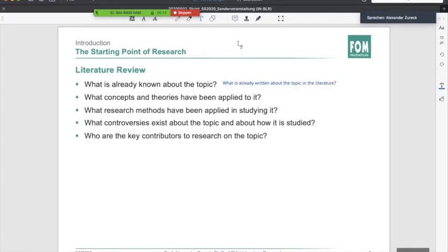Therefore, you have to check on the one hand the scientific literature, and on the other hand the popular literature, and then you have to compare the scientific and the other literature, and you have to get familiar with your topic in detail. So when we are talking about concepts and theories that have been applied, there you have to check economic